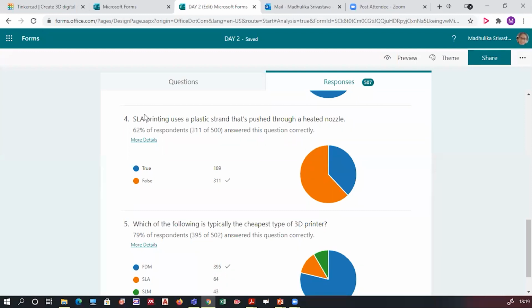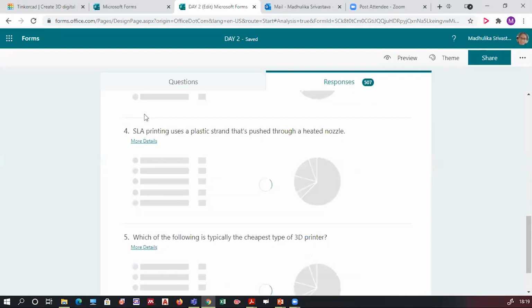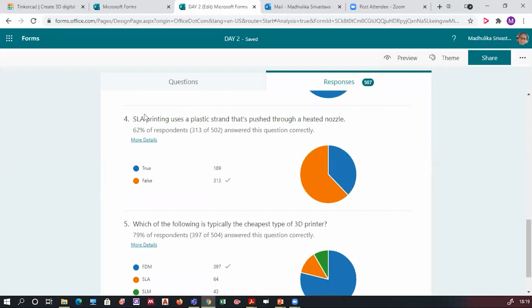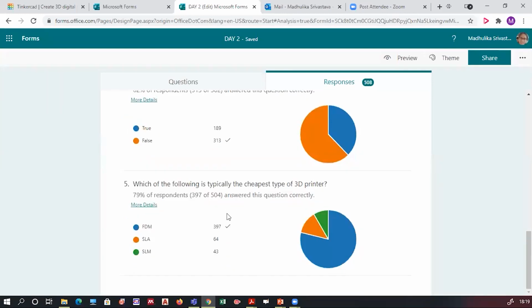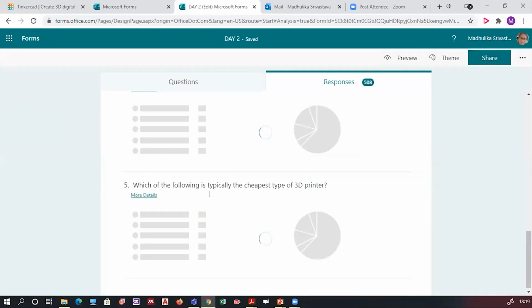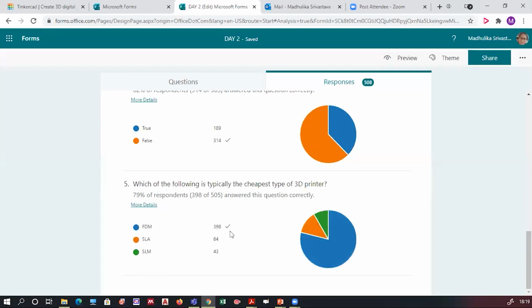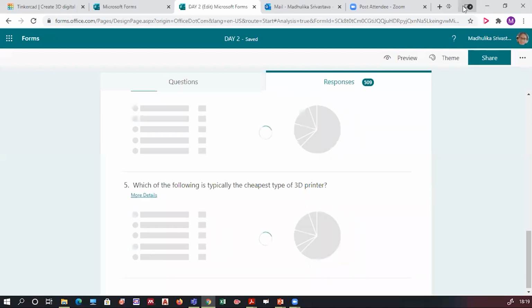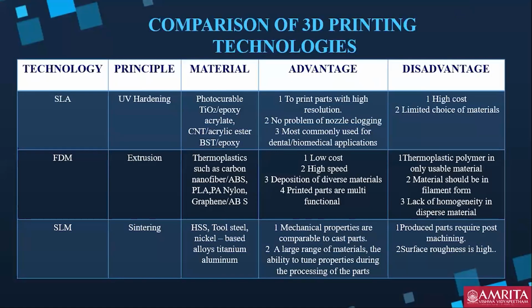Fused deposition modeling has this plastic filament that enters the heated nozzle and gets deposited. The cheapest printer, I told you, is FDM. Thank you very much for your participation. I got the answers.